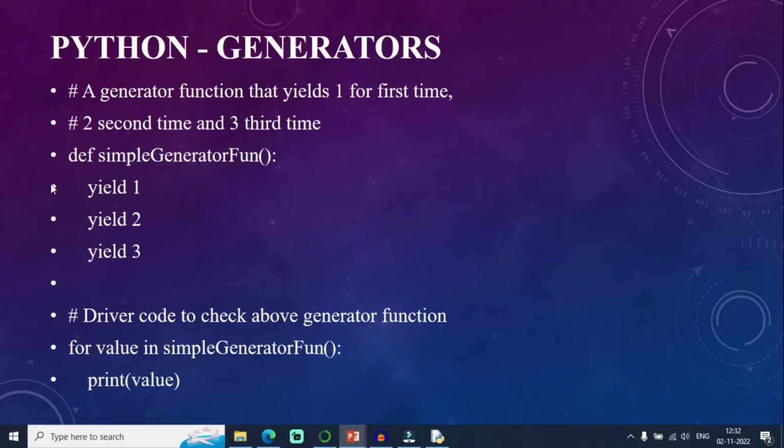Clear with this? I am defining a user defined function called simple_generator_fun. The first time it is going to yield the value 1, the second time it is going to yield the value 2, and the third time it is going to yield the value 3.